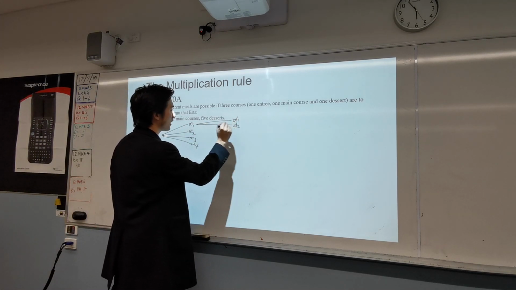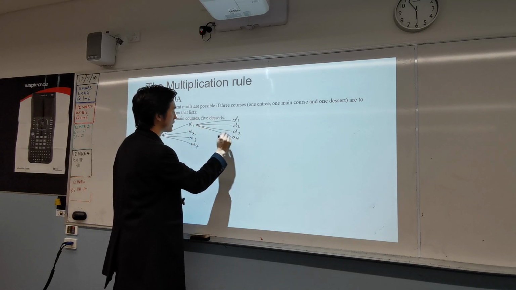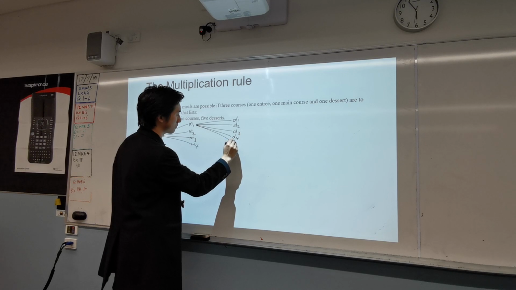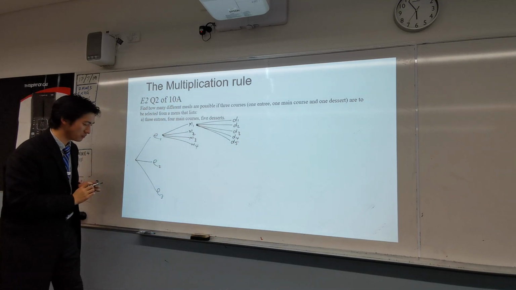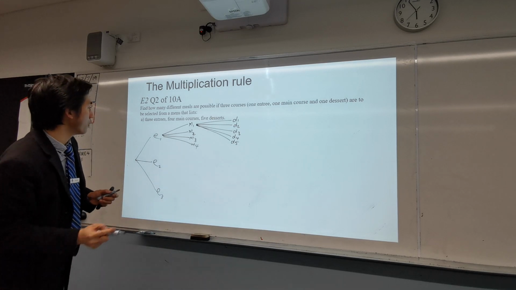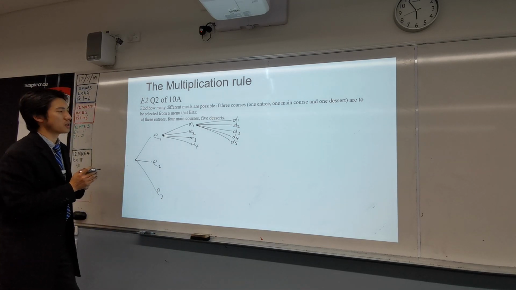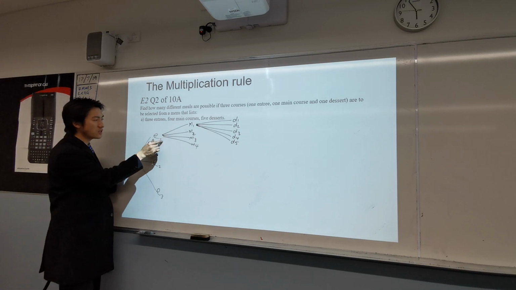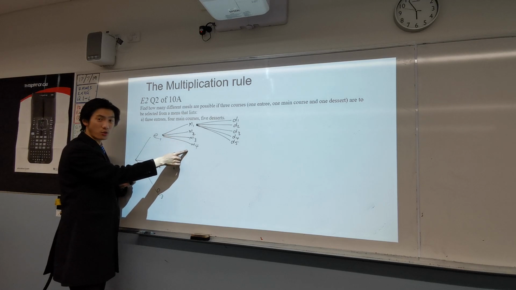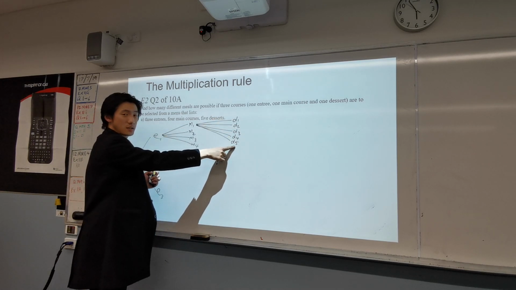Hopefully you can see that very quickly this tree diagram is getting very big. So let's quickly try and find a way of fitting the multiplication rule. If we put this together, how many different ways can we choose a 3-course meal? Notice that each of these entrees have 4 different main courses, and each of these main courses have 5 different